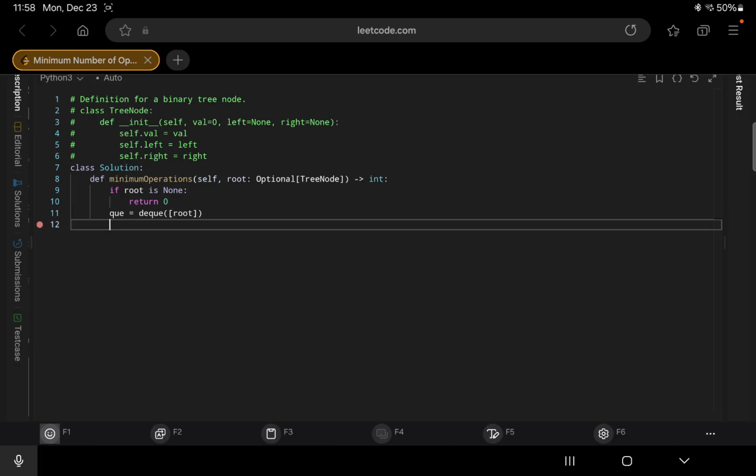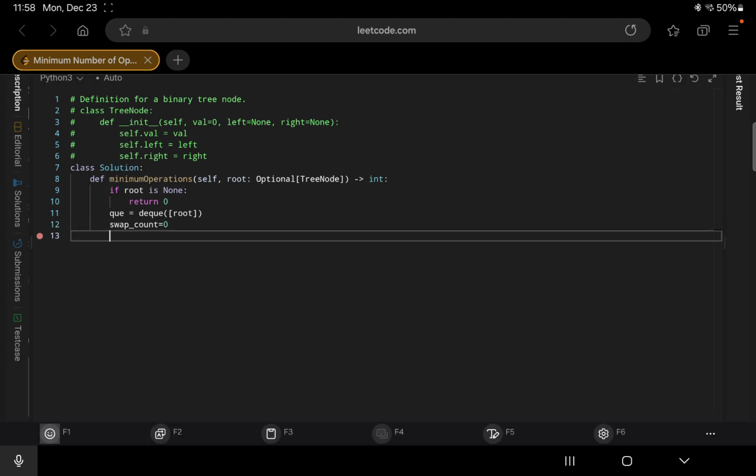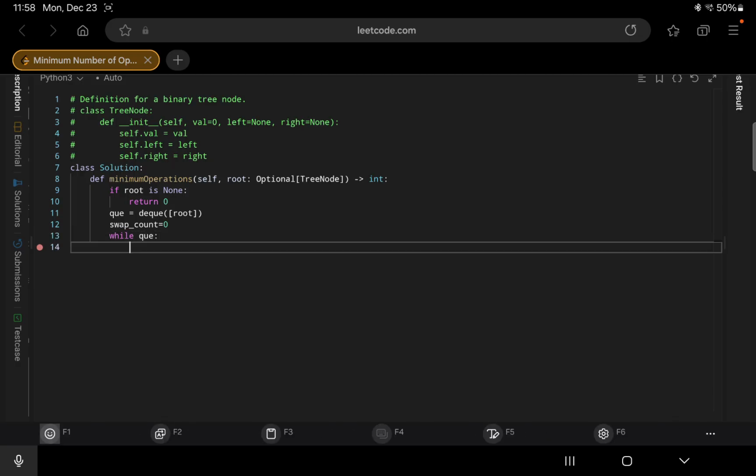Then we initialize swap count. We initialize swap count equal to 0. Then we check if the queue is not empty. If the queue is not empty,